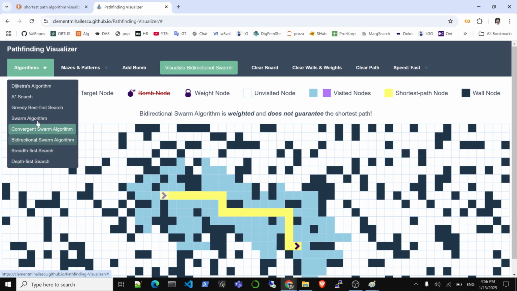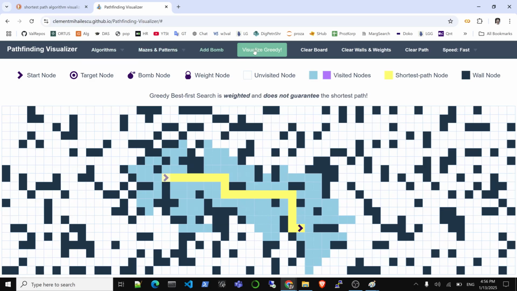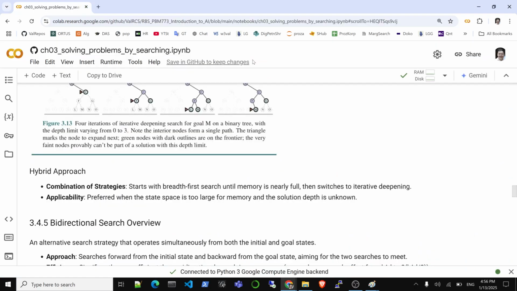That's where we did, right? Swarm, greedy best first search. Let's see what happens with greedy best first search, right? So greedy approach. You guys remember from my class, greed is usually not gonna work, right? Greed is easy to implement, right? Cheap, but